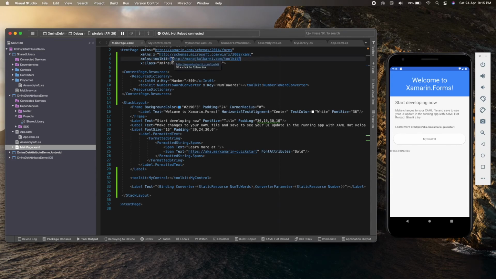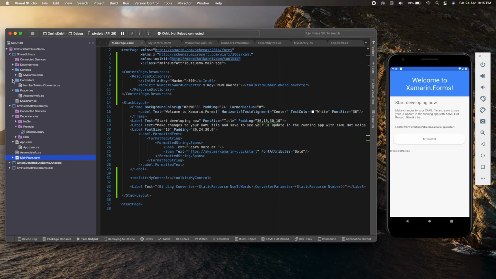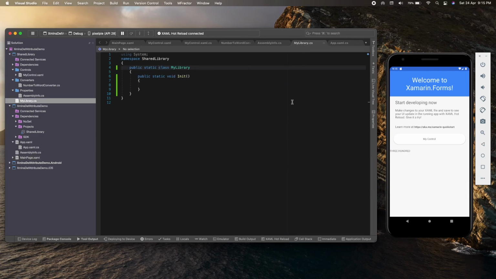Now using this single namespace, I can access my control as well as my converter. There is just one trick. If you again get the build error after adding this dummy class, just close and open the solution again, and it will get removed. Sometimes it happens, so just close and open the solution again, and it will remove that error.